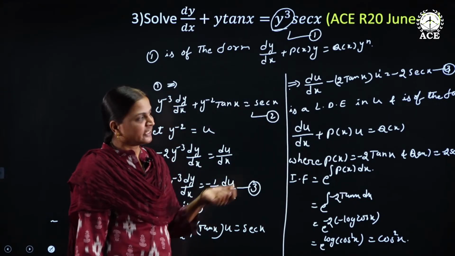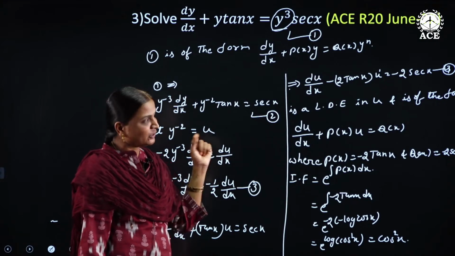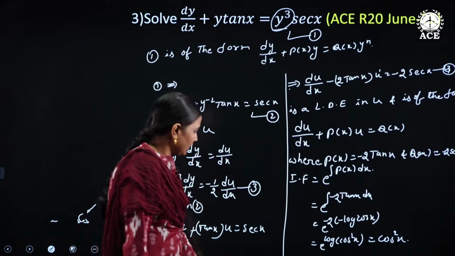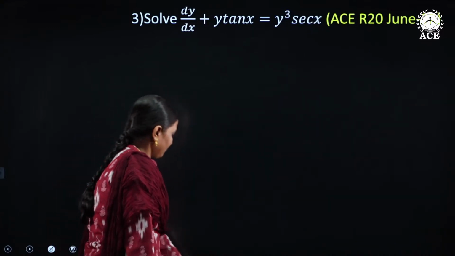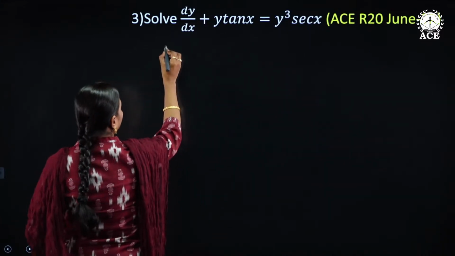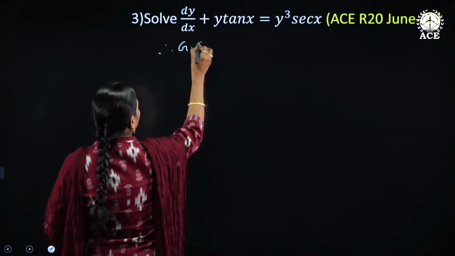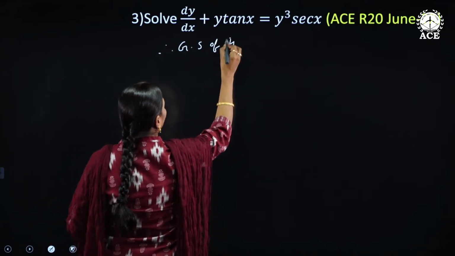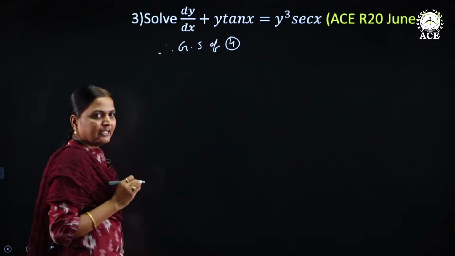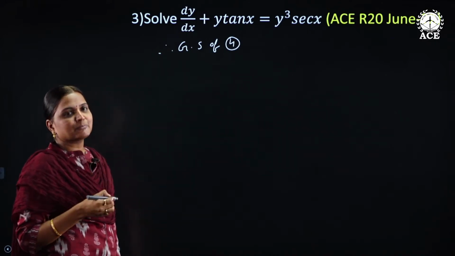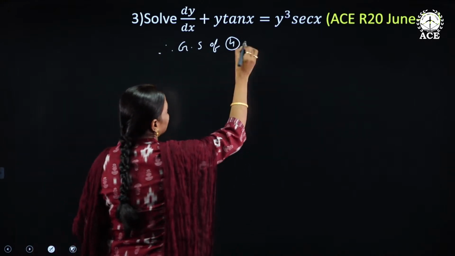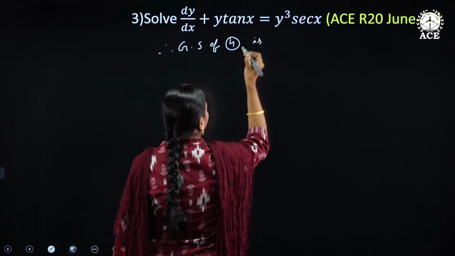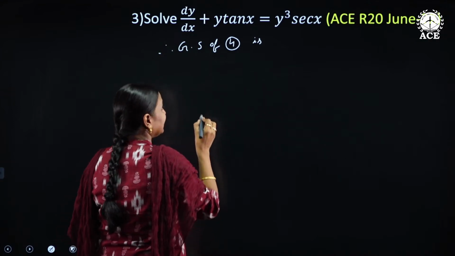Now, how to write the general solution of the new linear differential equation 4? Here the integrating factor is cos square x. So what is the general solution? Therefore, the general solution of equation 4. Here equation 4 is a new differential equation after substituting the given dependent variable with another variable. So the general solution of equation 4 is, since equation 4 is linear in u,